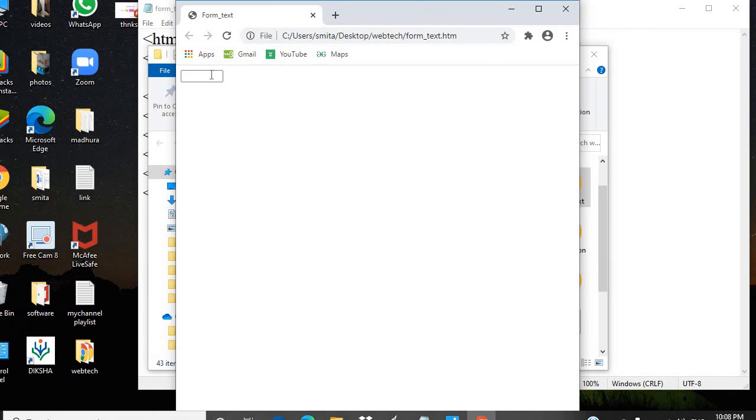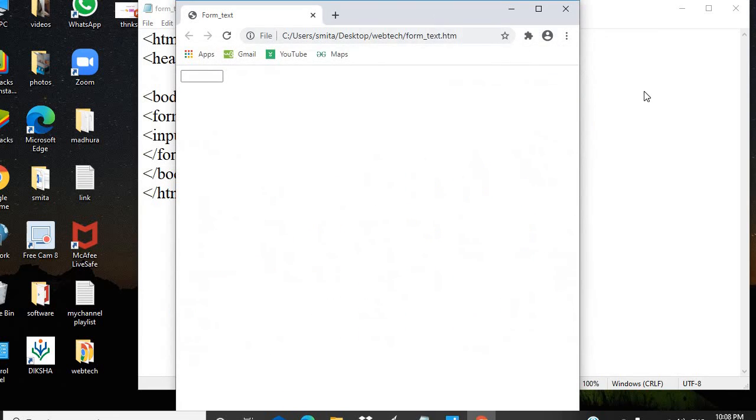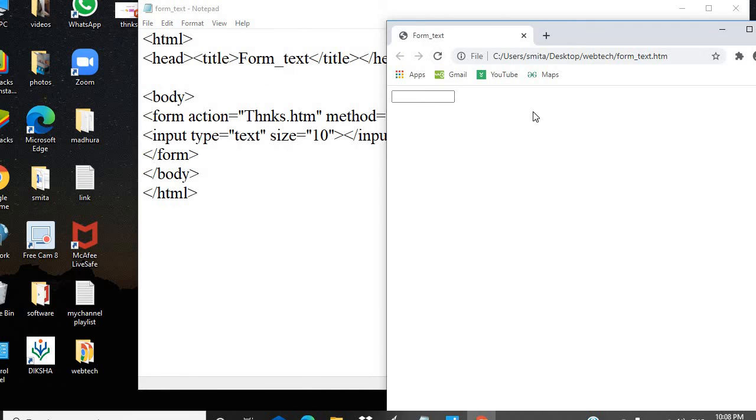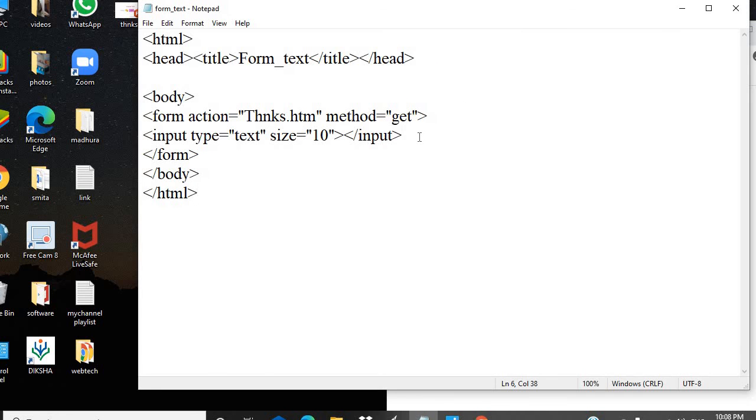You can see over here it is providing me one line text box. As soon as I increase the size of my text box, it gets increased over here. So however much size you want for your box, you can mention it over here, and it easily allows you to type the text. So this is about your text box.